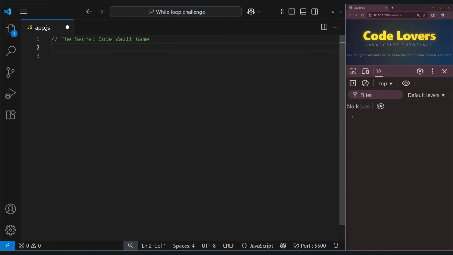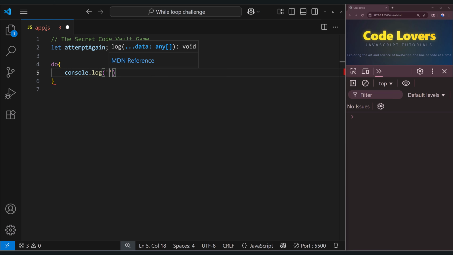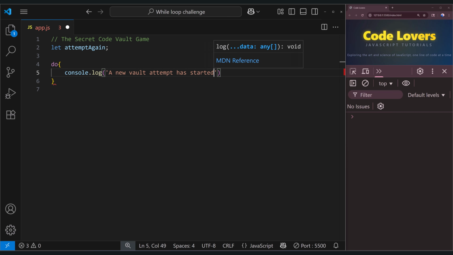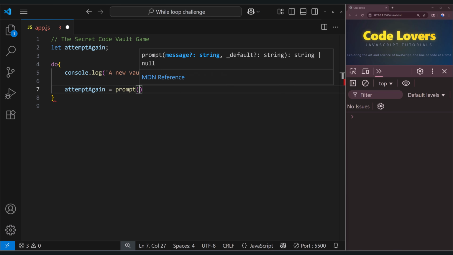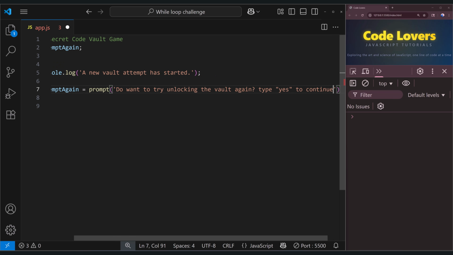So, alright, let attemptAgain; Next, do, console.log('A new vault attempt has started.'); Next, attemptAgain = prompt('Do you want to try unlocking the vault again? Type yes to continue.');